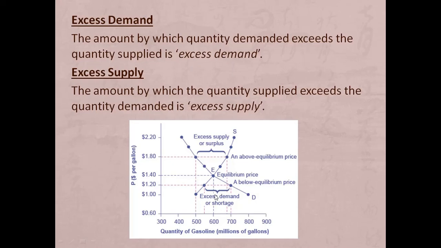So it happened last year, when we saw the first wave of coronavirus in India. We saw that many of the essential commodities were highly demanded, but the supply was very limited. Even today we are demanding the vaccine, but the vaccine is not much available in India, so the supply is very much limited. So when the demand is more than the supply, it is the condition of excess demand.